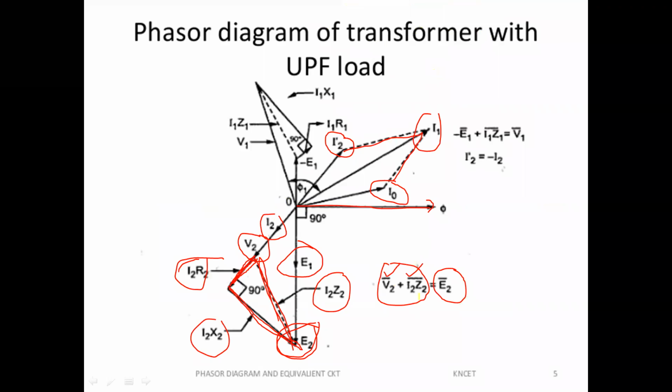See, this is the equation. So this is the equation: E2 equals V2 plus I2 Z2. From the phasor diagram, if you want the E2 value,